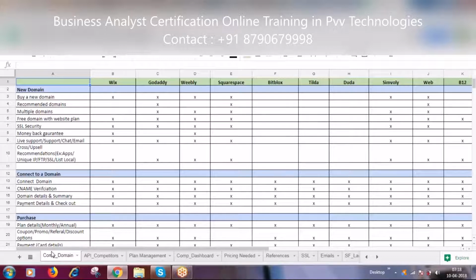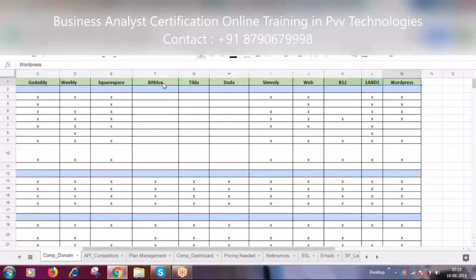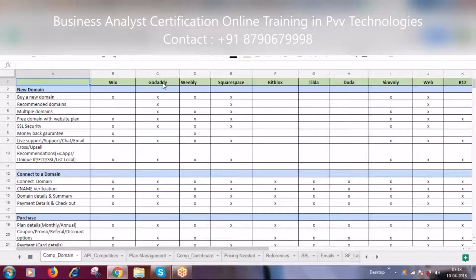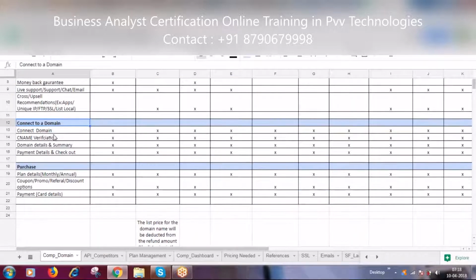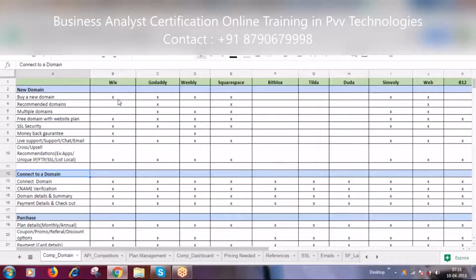In order to do that, it took a list of the top 10 players in the market who are into the domain. The simple case might be this: we list out each and every feature, and we segregate it based upon the scenario. For each and every scenario, we look at how it looks, and then find out, for each and every competitor, what features are available. If not available, we leave it empty. So you can have your own approach, but this is the simple way that we do it.